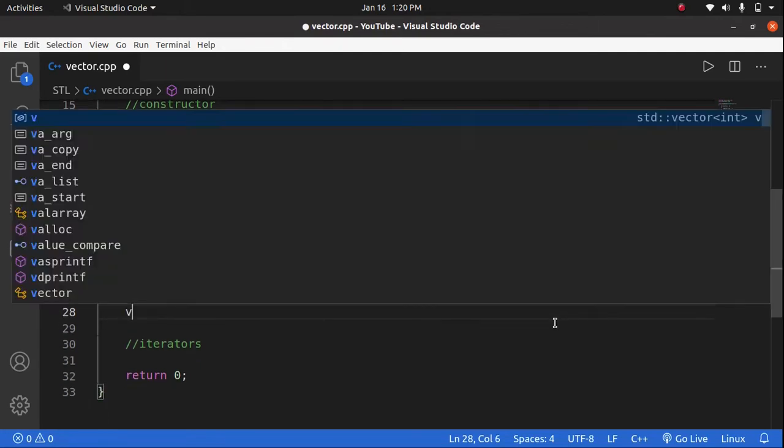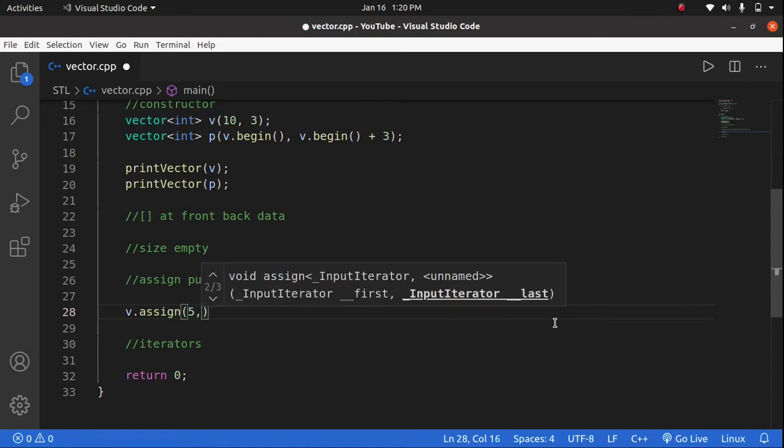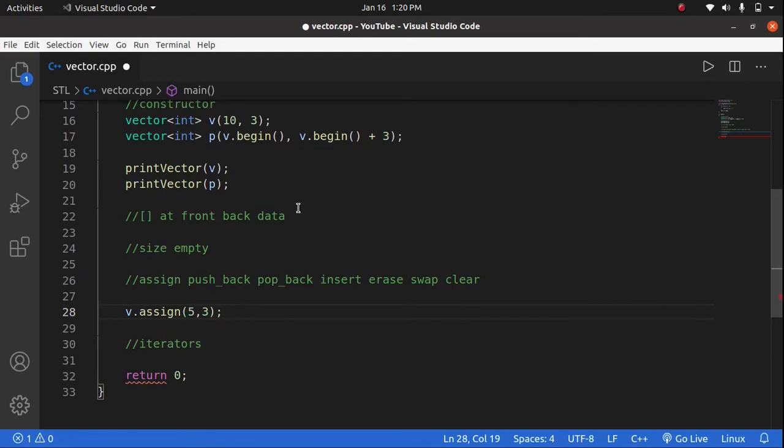Okay. Now let's see some functions to modify the elements of the vectors. Now the first function is v.assign. Okay, so what v.assign does is, we have to pass the size and pass the value. It does the same thing as this constructor is doing, but instead of constructing, we can assign on the go. Okay, so v.assign 5, 3, what it will do is override this vector. Okay, so let's use another value to see.